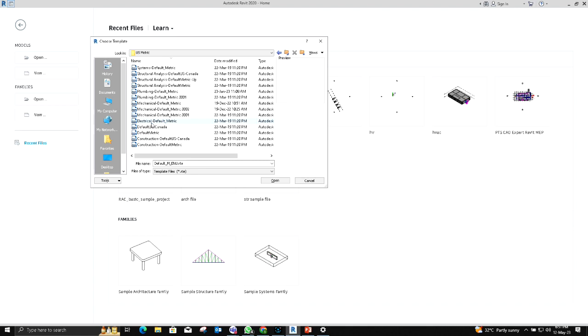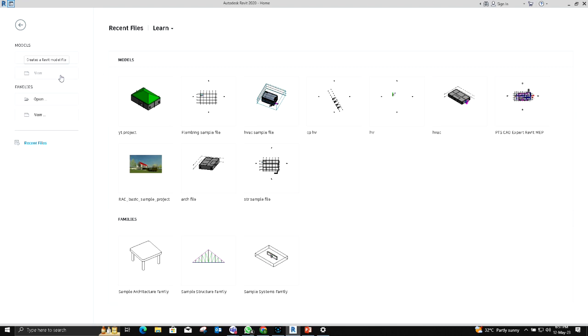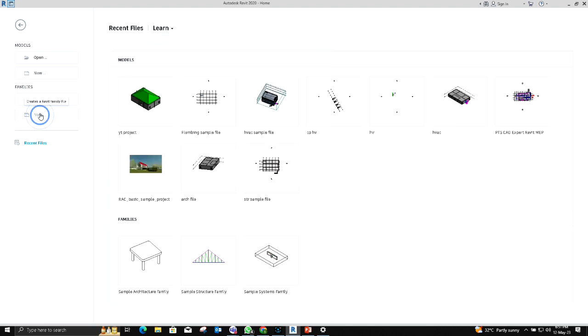So that's the difference between different types of templates. Okay, this is what the interface looks like, and this one is families. Like I said, families: new, open. You can also open an existing family and modify that family from open. And if you want to make a new family on your own, you can make it through